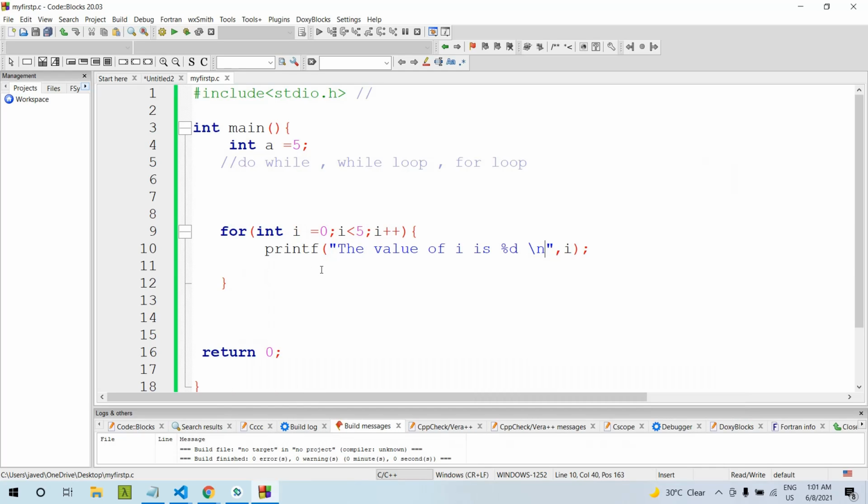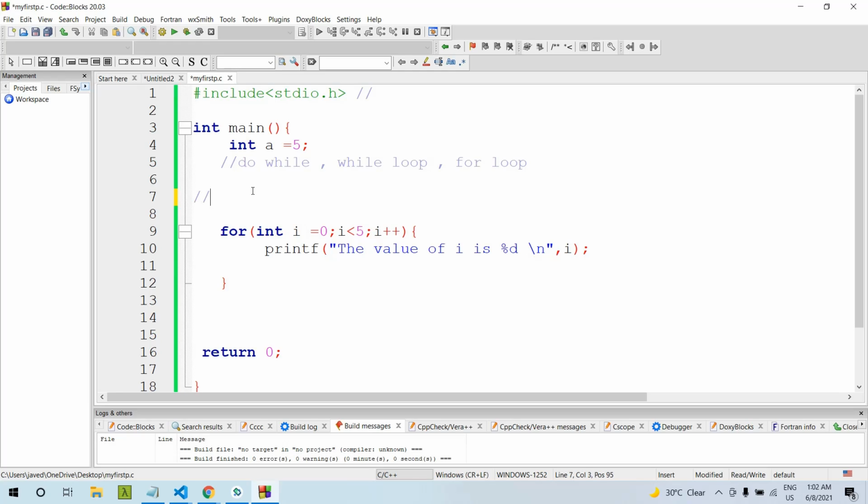Let's look at it again. This is the initialization phase. We have taken one variable i, and we are storing 0 in i, so the value of i is equal to 0. Then it checks the condition: i less than 5, yes, true. It comes inside the loop, inside the brackets, and prints the value, which is 0 the first time.